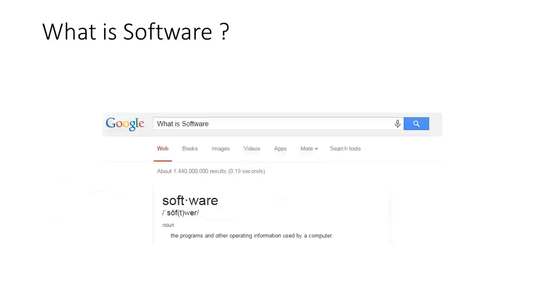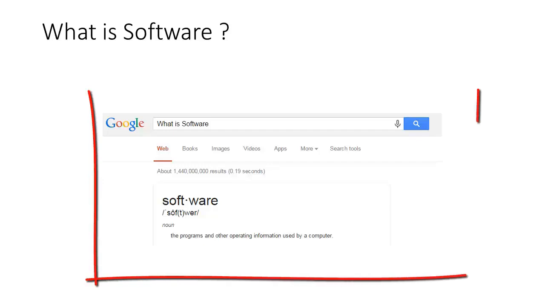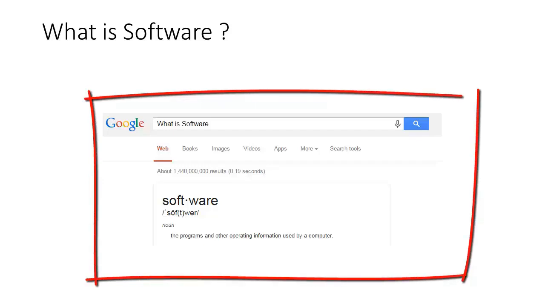Okay. First topic: what is software? Software has a lot of definitions, and Google tells us it is the program and other operating information used by a computer. This is a very technical definition. Software simply is a program, application, system, portal. Anything of this or more is software that may run on a PC, laptop, server, mobile, or generally any